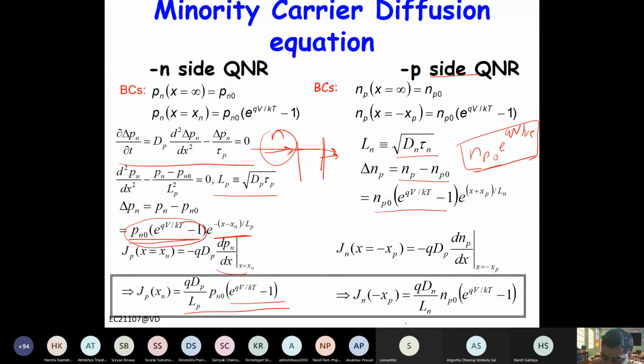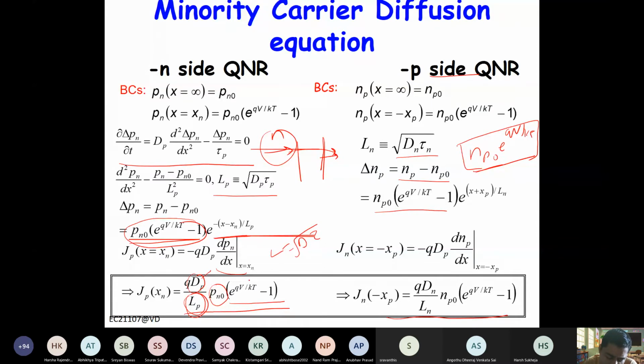So with that we get the expression for two currents, and the total current will be the addition of these two diffusion currents. You remember here this current is related to the diffusion coefficient times the minority carrier concentration divided by the diffusion length. So if you want to increase the current, what do you have to do? Of course, the diffusion coefficient you cannot change. The L is square root of D tau.